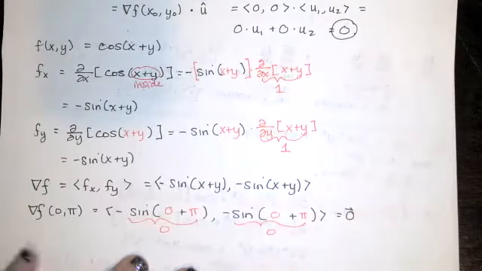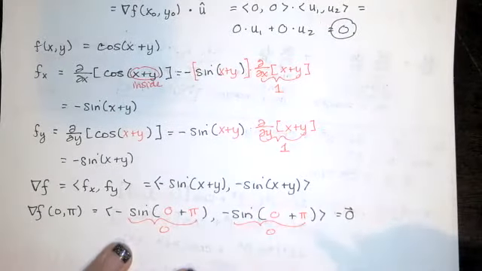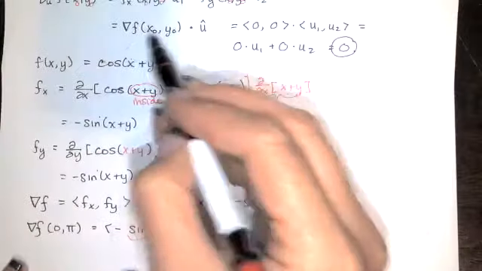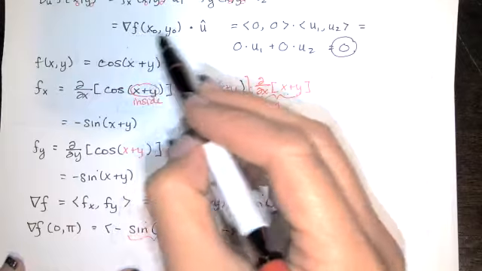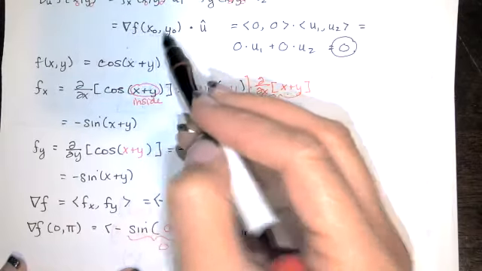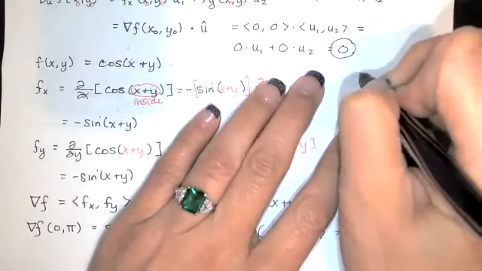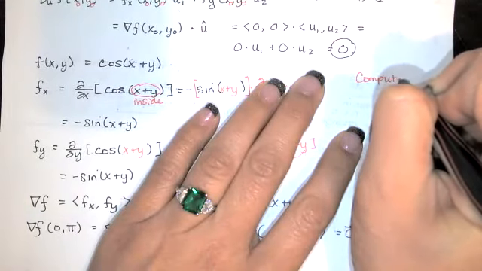Okay, so this is the process that we would follow for any type of directional derivative problem. I'm looking at this formula and it's reminding me what I need to do. I need to compute the gradient vector and I need to evaluate it at the point of interest. So this first part was us computing the gradient,